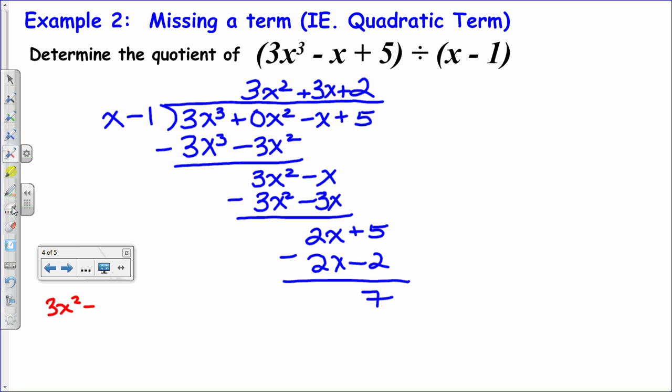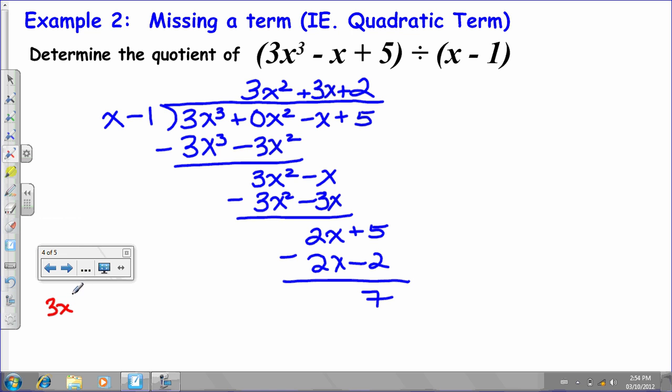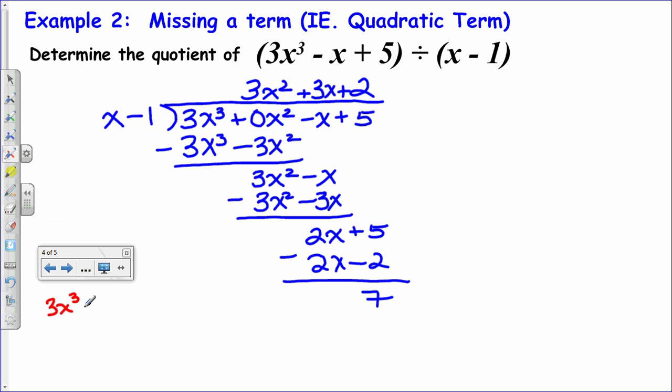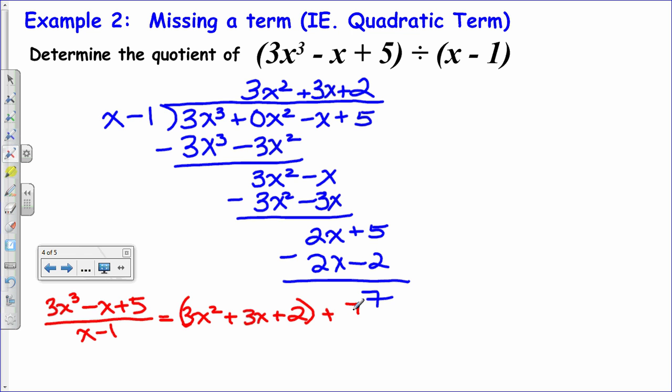Sorry, pardon me. Let me erase that. That's not 3x squared. 3x cubed minus x plus 5 divided by x minus 1 equals 3x squared plus 3x plus 2 quotient plus the remainder